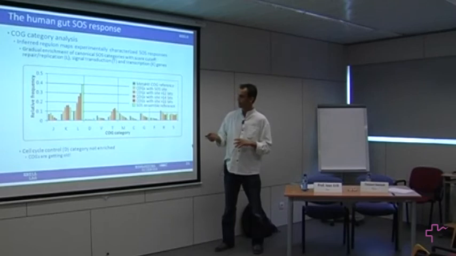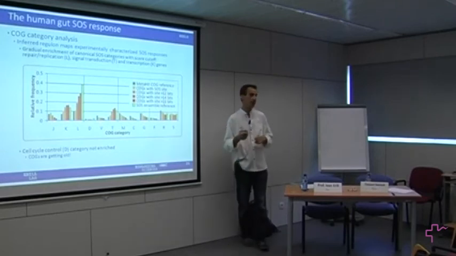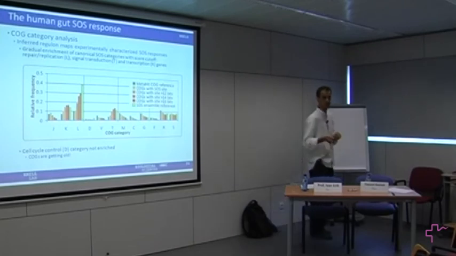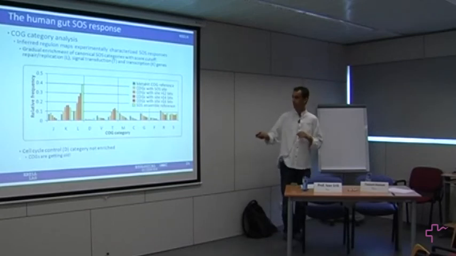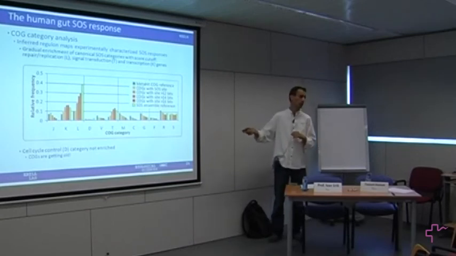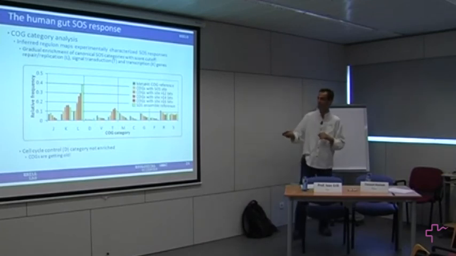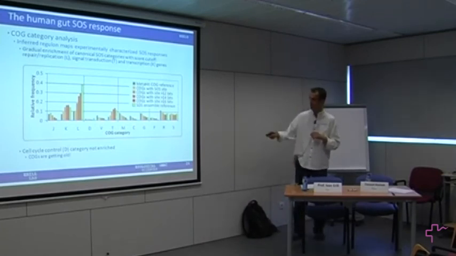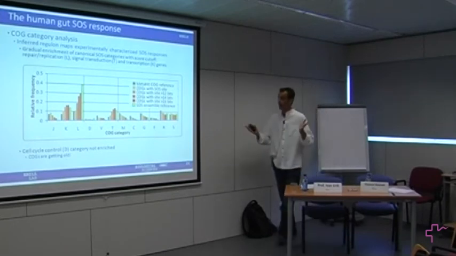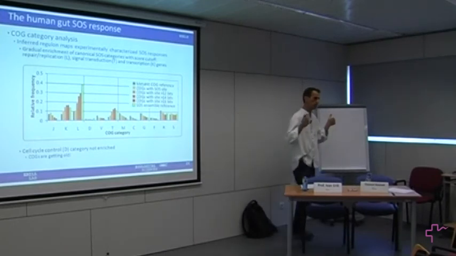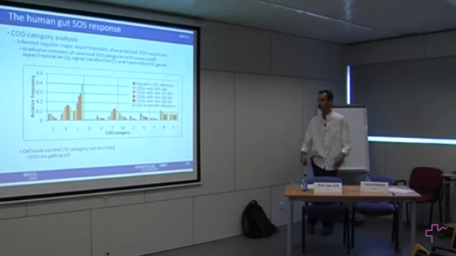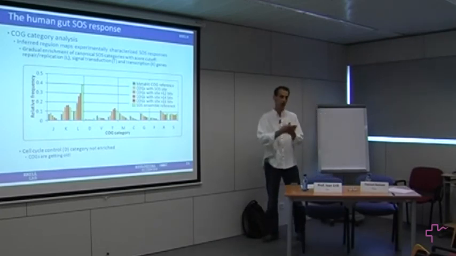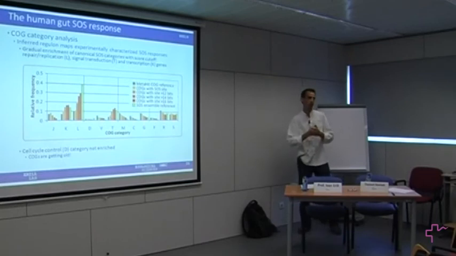What we saw was that all the genes from gram-positive bacteria that have been later described as being cell division inhibitors had not been described when the COG database was created in 2002, I think, 01 or 02, so they were all put in the unknown categories, and that's why we were not seeing the enrichment that we hoped to see here. That small green line, we never got that. But apart from that, everything else was kosher, so we decided to move on and look at individual COGs and try to see if we could make calls on whether a COG was a putative member of the SOS response or not. And that's when we started running into trouble,